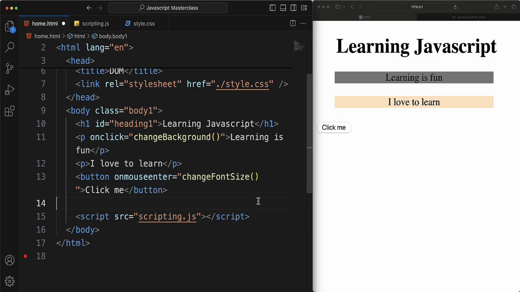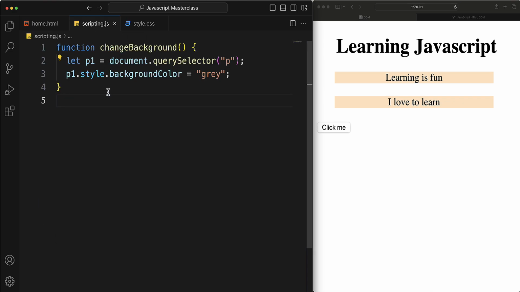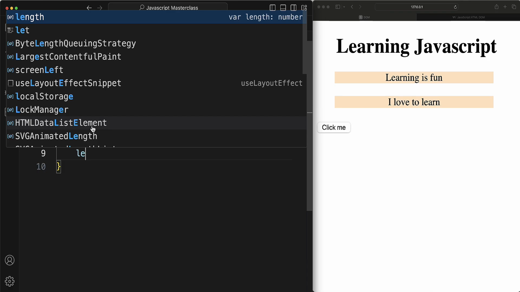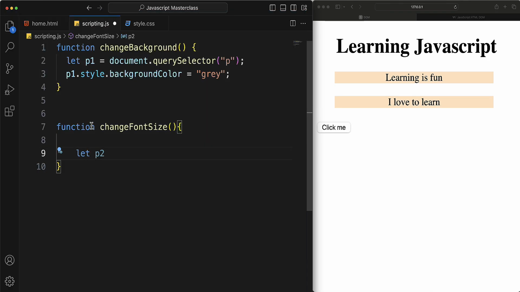So I'm going to save this one, and then let me copy this one so that we have exactly the same thing when we're writing the function right here. Now I'm going to define another function, and I'm going to call it changeFontSize like this. So what do I want to do? I want to grab the second paragraph. So what I can do actually is to use querySelectorAll. So I'm going to let p2 stand for the second paragraph, equals